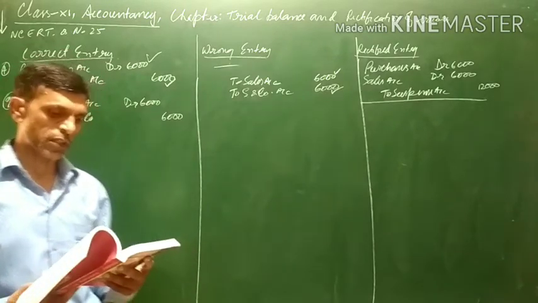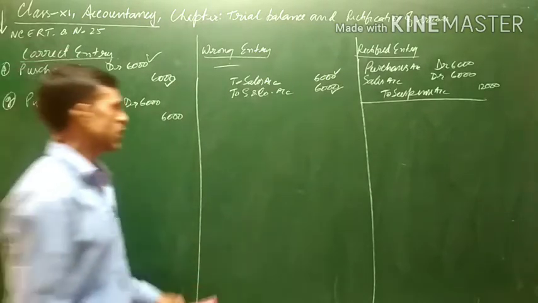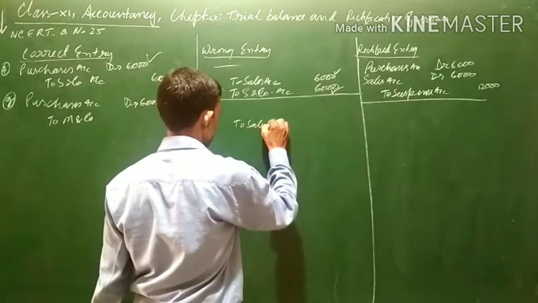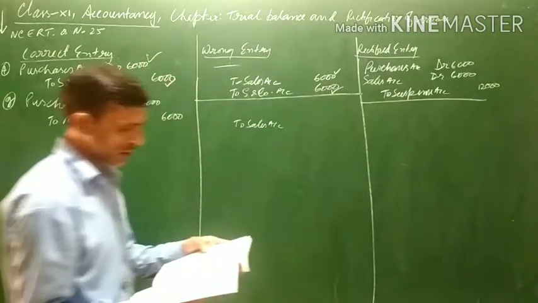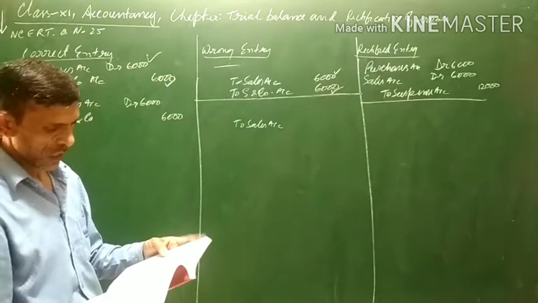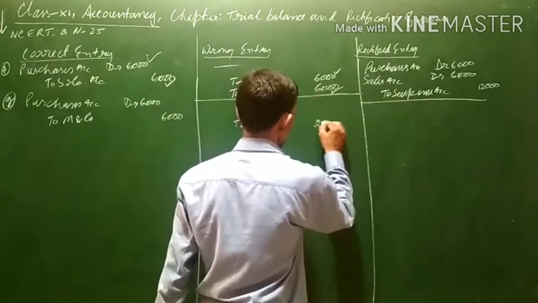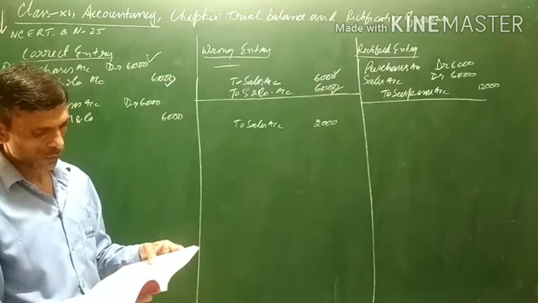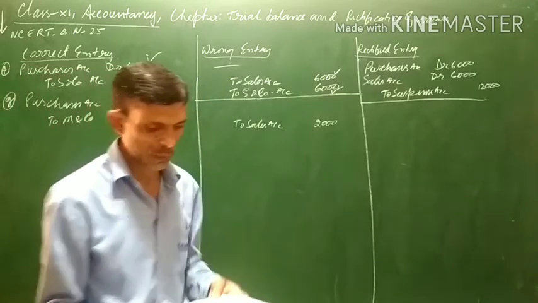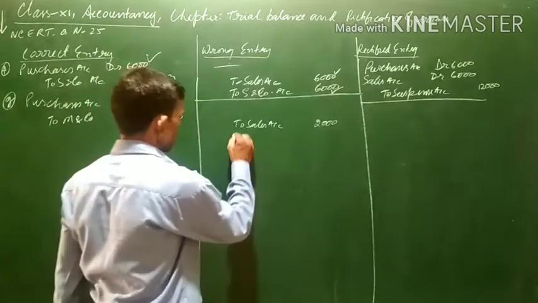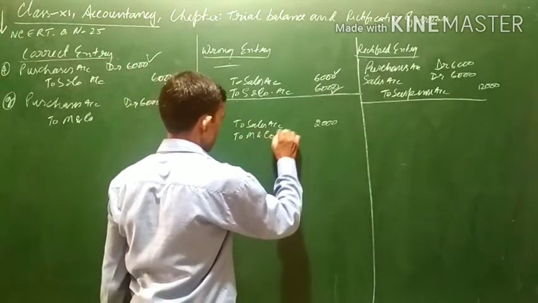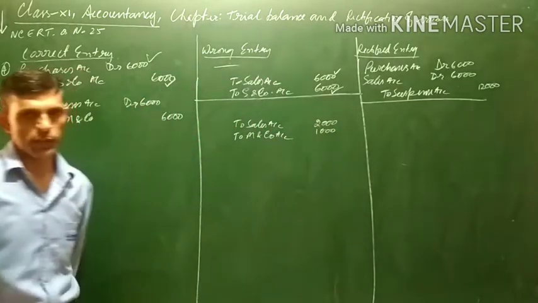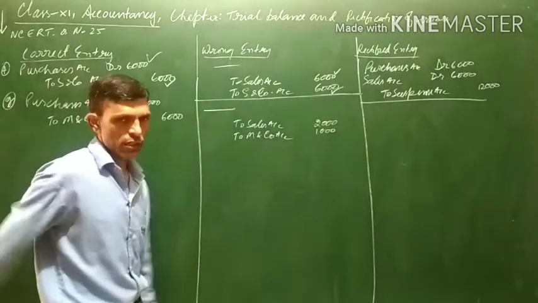Credit purchase from M and Company, 6,000, were recorded in the sales book. Again, here also the recording is in the sales book. To sales account, it has been recorded as 2,000 in the sales book. And posted therefrom to the credit of M and Company as 1,000. It has been recorded in M and Company as 1,000, in the credit. Here also we are crediting M and Company. Now there is no debit part here.